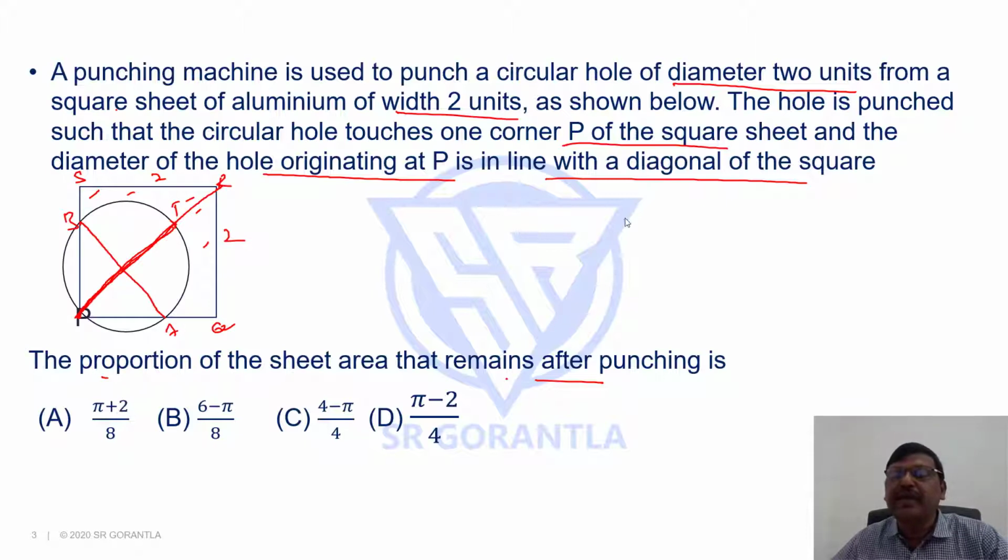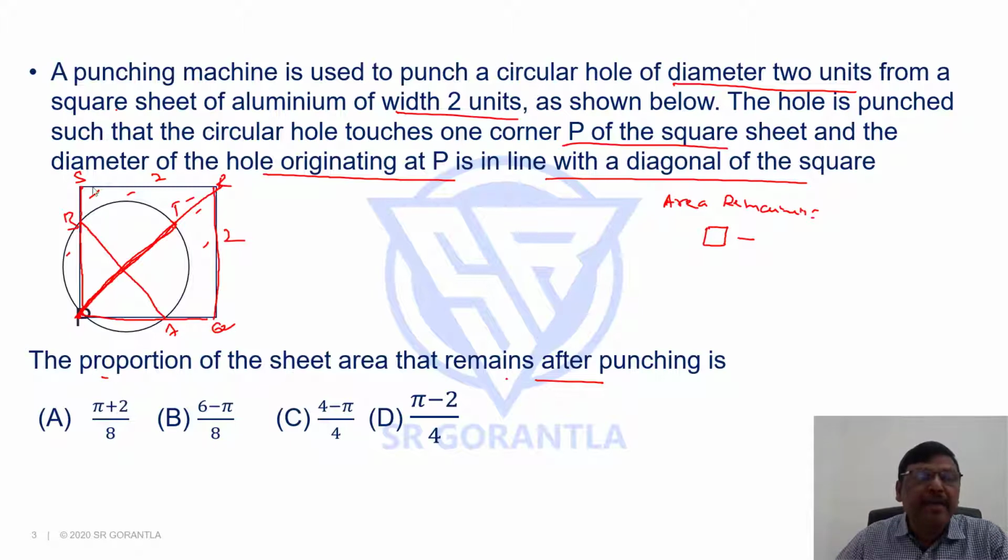What that area remaining can be? Area remaining can be the entire square, this entire square minus, so this is outside, so this I don't need this. From this entire square, so this portion we have to remove this. What is this portion? We divide this into two parts. One is a triangle. In fact, it's going to be a right angle triangle because it's 90 degrees.